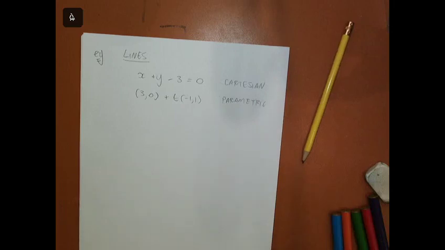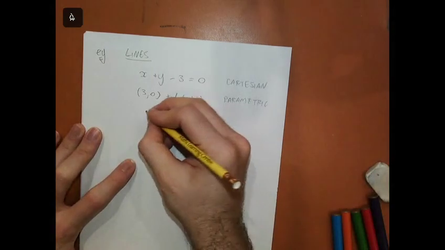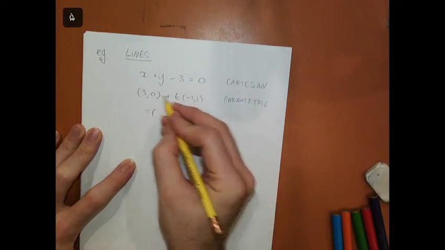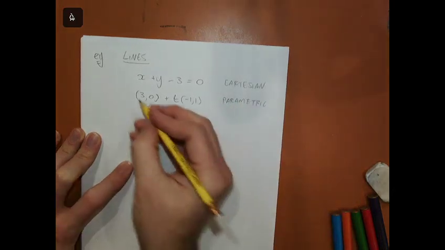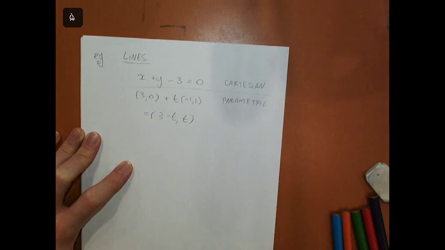Now you might not see this as parametric form. Your head probably says, but David, that's vector form. But really, parametric form in a way is just a description of what the points on the curve are like. And so this straight line, the points on this curve are completely described by that equation there. Normally when you write parametric form, you write them as two coordinates, you could just as easily say, well, this is minus t, t and 3 minus t if you wanted to, but there's no particular reason why you can't leave it like this